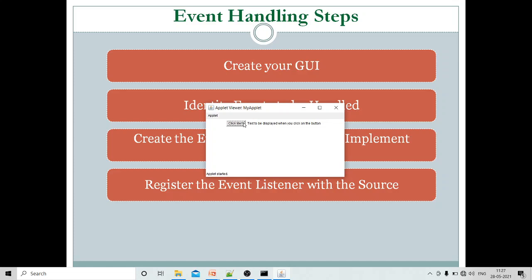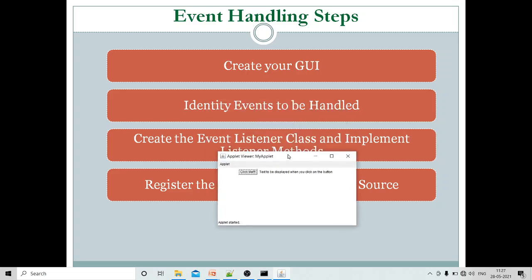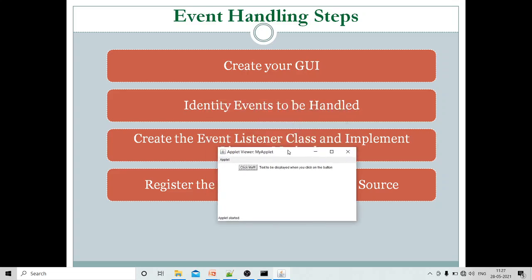Action event is generated when a button is clicked, list of item is double clicked, or an item from a menu is selected. In those cases, action event is generated. So here I want to click on the button. So which event is generated? Action event is generated. So we have identified the event which we want to handle. We want to handle action event.